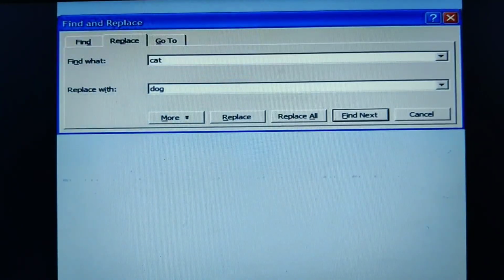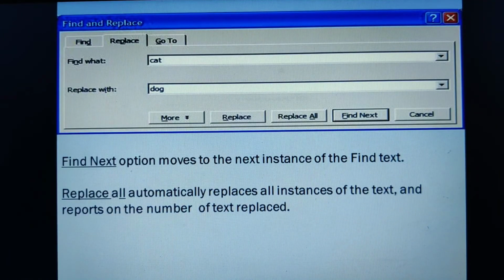So these were the options we have discussed, that is find. Next is find next. It will move to the next instance of the find text, as I have already shown you. When I go for find next, the next same word it starts finding in your document. Replace all will automatically replace all the instances of the text. See, I was always using this one, every time it encounters, every time it was changing. So I don't want to check find next every time. I will go for replace all at once. Automatically wherever programming is there, everything will be replaced with program.